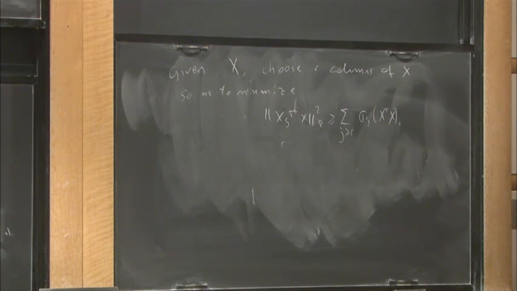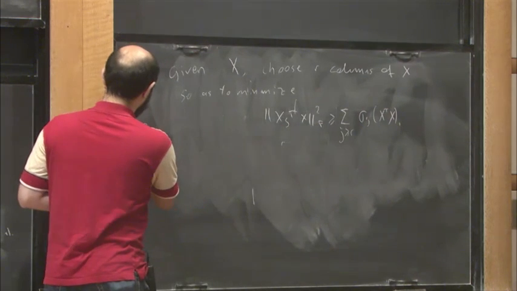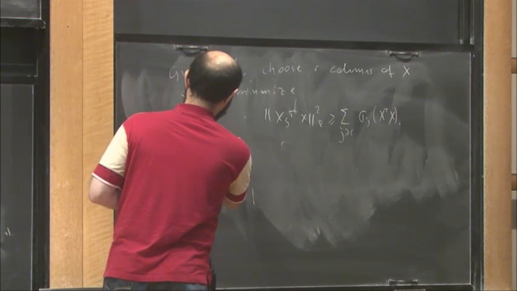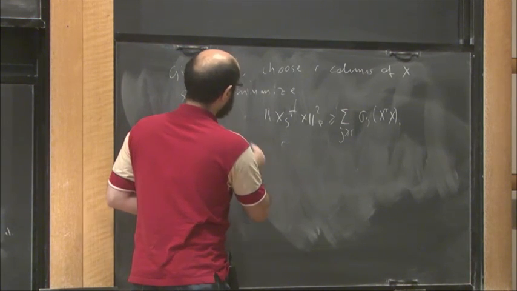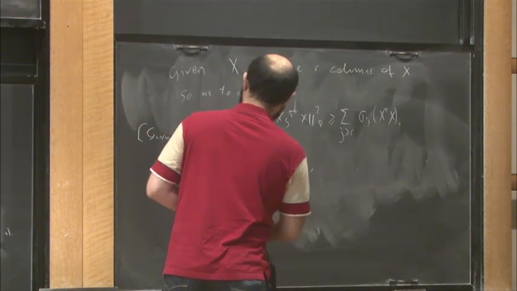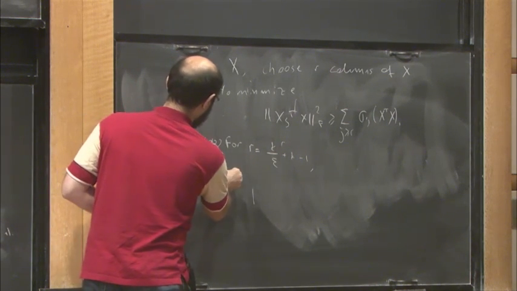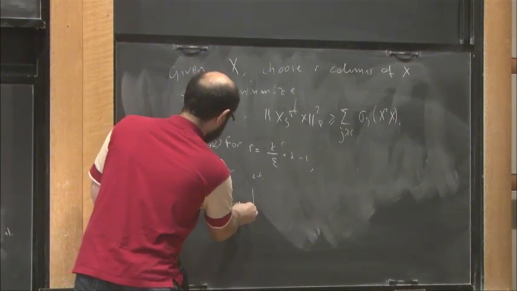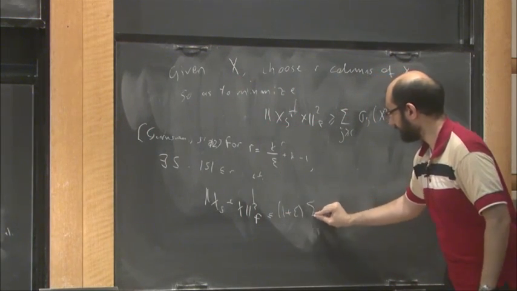Right, and then basically with Venkat we showed that you can choose, say if R was something like K over epsilon, you can find a subset of size R such that there always exists a subset of size R for which this quantity is at most 1 plus epsilon times